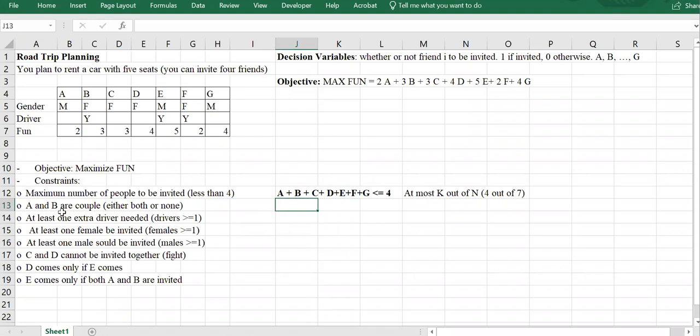Next one, A and B are a couple, either both or none of them. I want you to pause the video and think about it. How do I write a constraint like this? A and B are a couple. So if I want to consider all cases